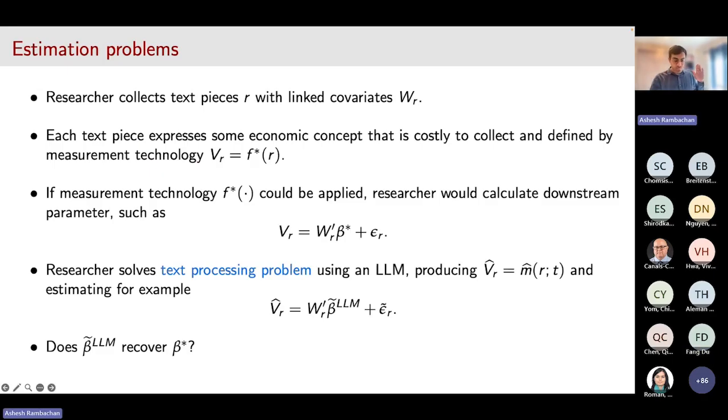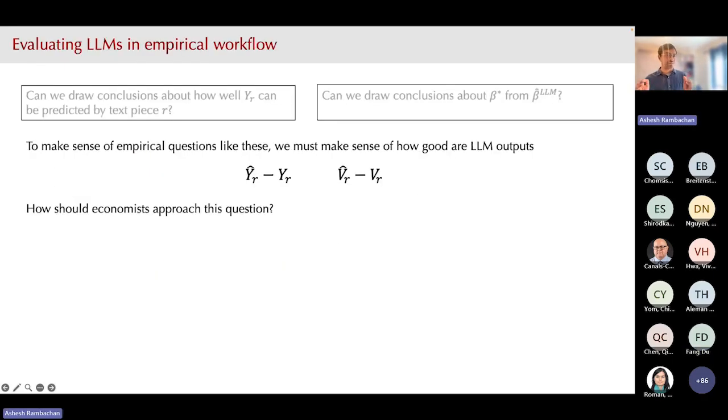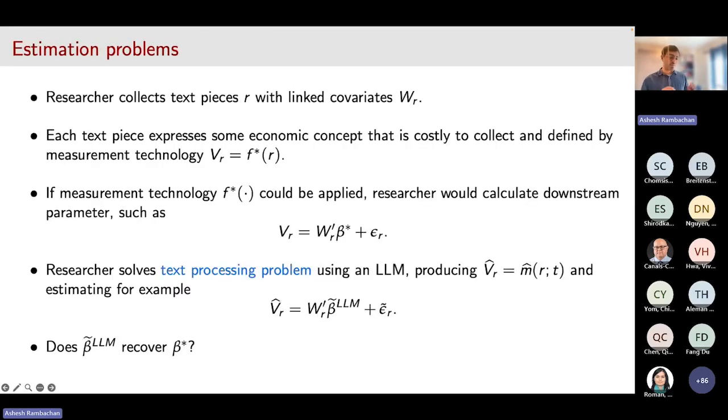You're going to preview exactly everything I'm going to talk about over the next 30 minutes. But at this point, I'm being intentionally abstract when I write objects like M hat being applied to a text document. Even if I think about using ChatGPT or GPT-5 to generate a label, interacting with the API, I also need to include prompts. There's an entire literature in computer science on what people call prompt engineering strategies.